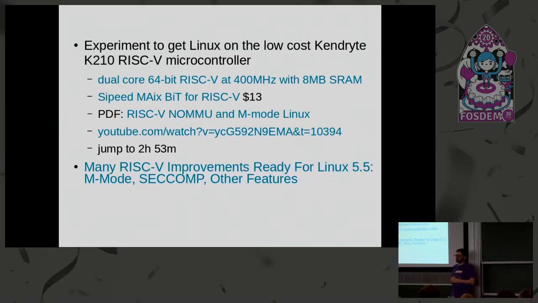So with RISC V, there's machine mode and supervisor mode. Machine mode is just running with a unified memory view, not with virtual memory and user space and kernel space. Right now, they're still hacking away on it. But if they're able to get it working, or if you're interested yourself, you can check out